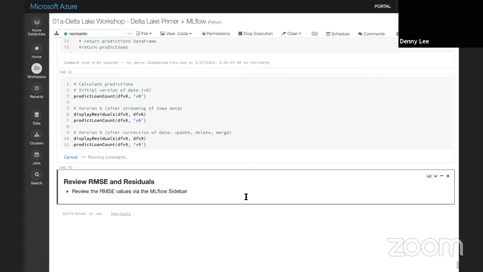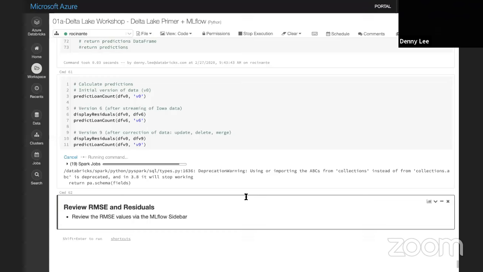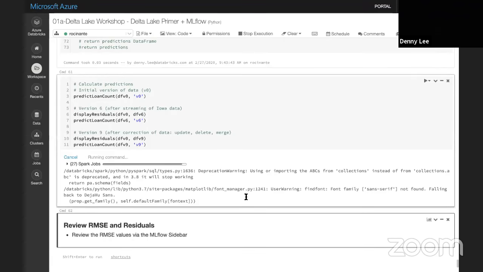We're actually going to run the predict loan counts for the 3 different versions: version 0, the original, 6th version, and 9th version. The reason I'm calling this out is that I'm sort of faking this concept of data drift. And as you are running your machine learning models, the data can change over time. Now, maybe it's because you screwed up on the model, or I screwed up the model for that matter, or maybe it's because the data actually did change. But how do you know?